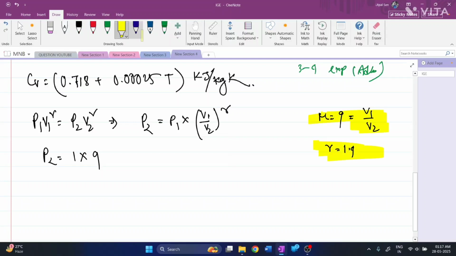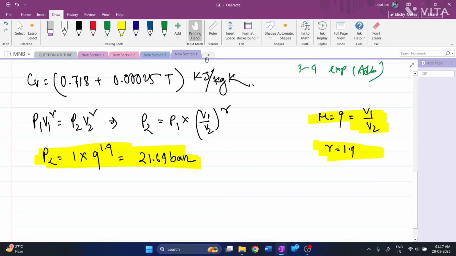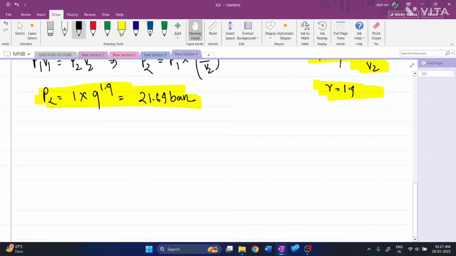Gamma is taken as 1.4 in this case. So 1.4 will give us 21.64 bar. So this is the pressure at the end of compression stroke. Okay, this is the pressure at the end of compression, and the temperature relation will be T1 P1 to the power gamma minus 1,